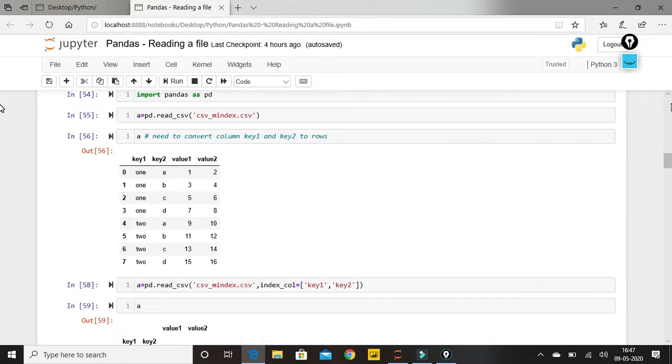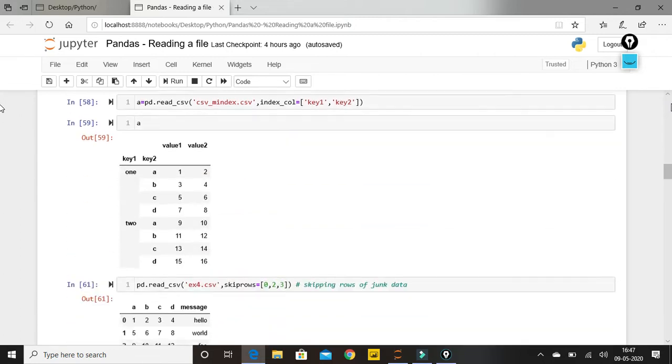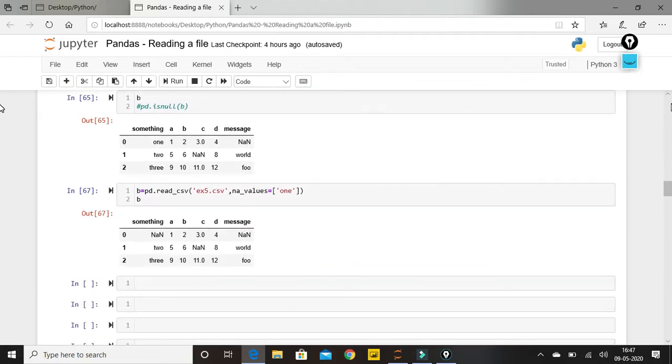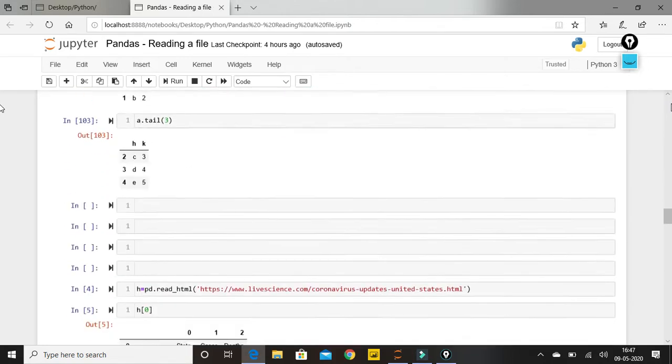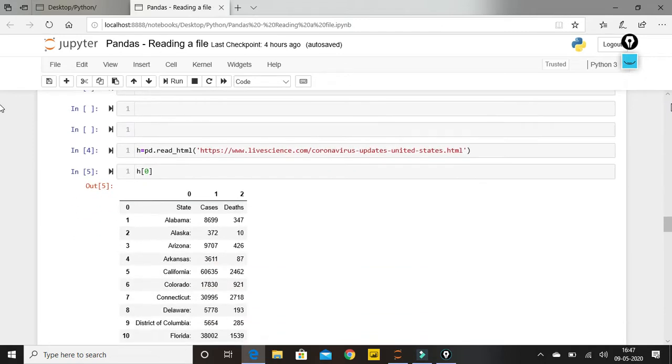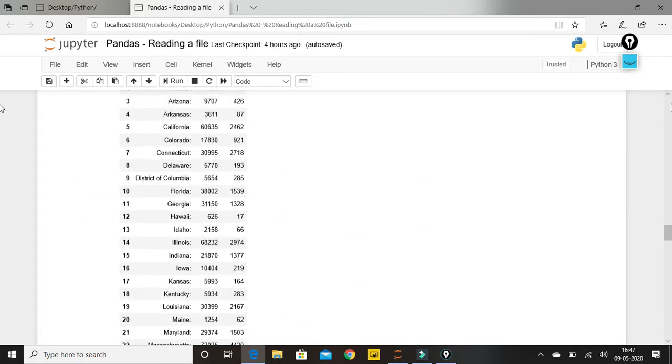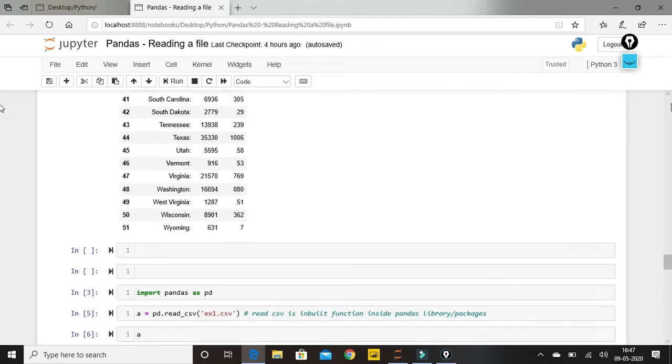Then we have seen certain parameters that we can pass inside our read_csv function. Then we have seen many functions like tail and head that we can use with our data frame. And then we have seen reading our HTML file.